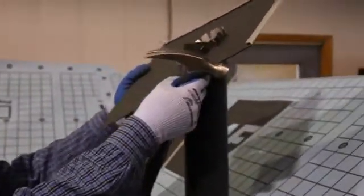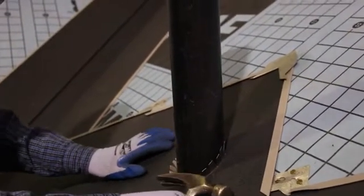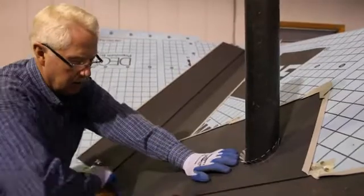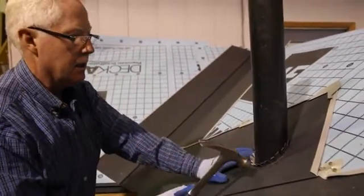Now I'm going to slide this down over the pipe. And now I'm going to pull down. I'm hooked on my folds here. I'm back up where I want to be. Now I will,